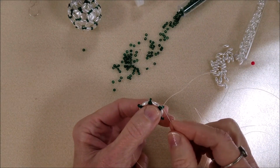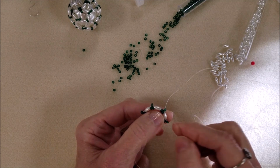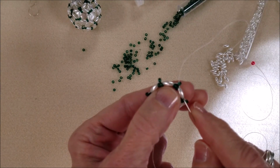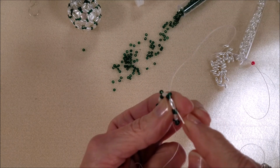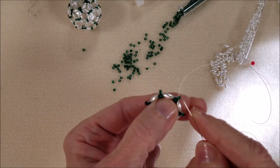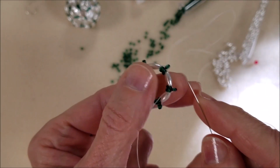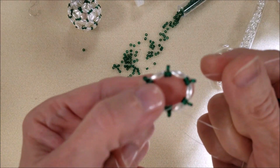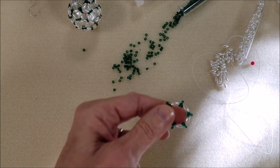So, I went through this. I didn't mean to go through that, but I need to go through that. So, in case you didn't see that, I put that last one on, came through this pearl, and I thought I had gone just through the pearl, but I caught this first seed bead that we put on. It seems so dark. But anyway, we needed to come out here because we're going to start putting